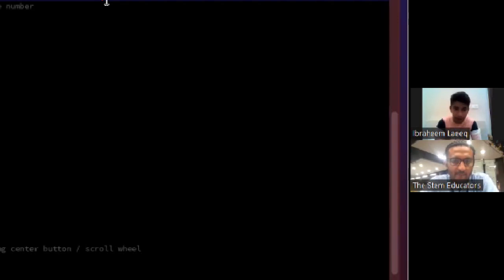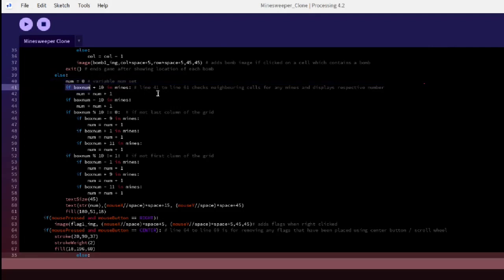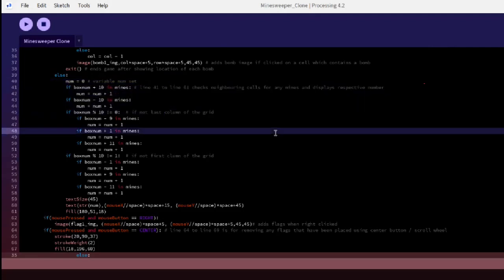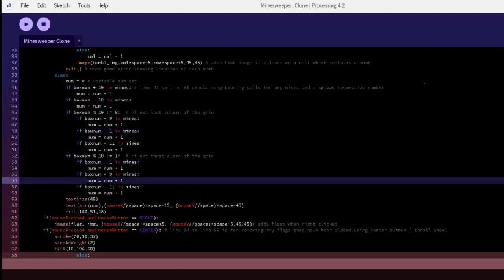Yeah, my father actually helped me a bit with this code, which is the one where the last and first column of the grid is checked for the neighboring cells. And I also got a bit of help with the grid because at first I didn't actually know how to make the grid. For the grid in the tic-tac-toe project, we were actually taught to make all the lines individually. And I thought, if I have to make all the lines individually,